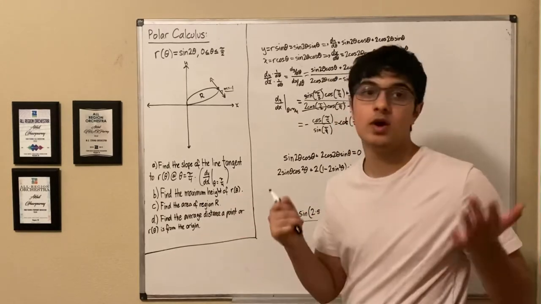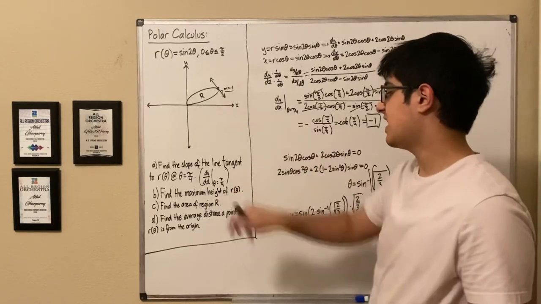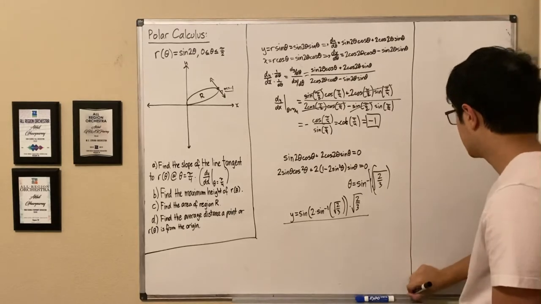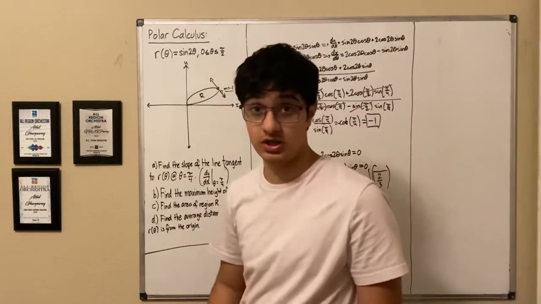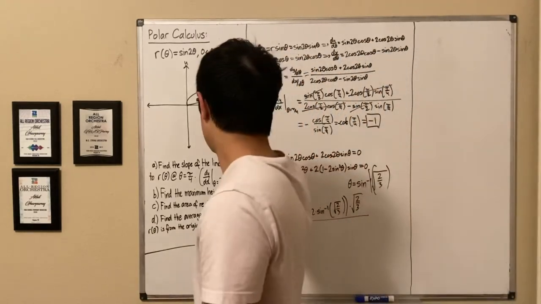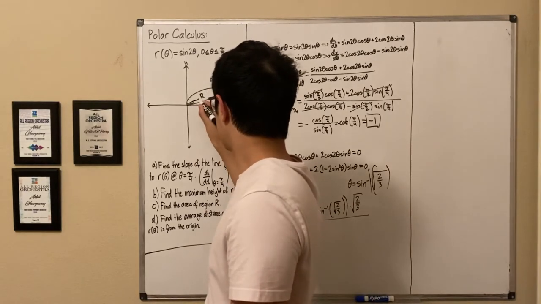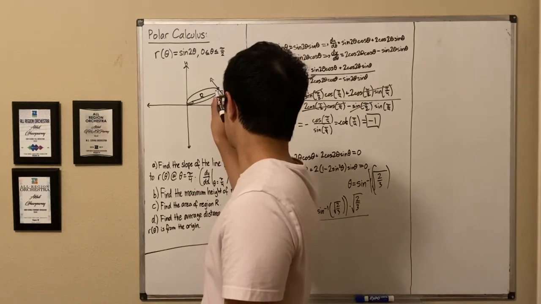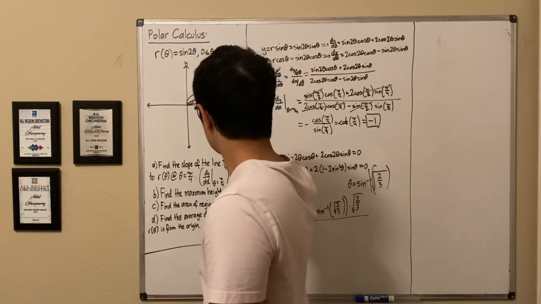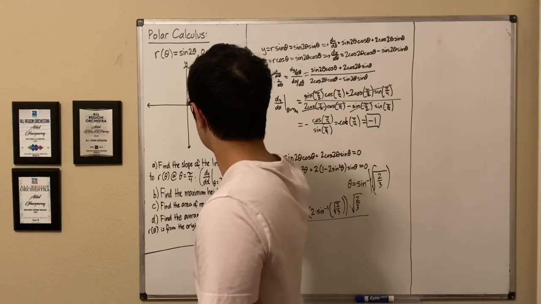Let's go ahead and move on to areas, or integrals, if you will. So, this is saying that we need to find the area of region R. Now, be careful here, because this is a polar function. We can't use rectangular approximations for areas. What we do is make circular sectors with an angular displacement delta theta. So if you draw all of these angles, or just something that looks like this,